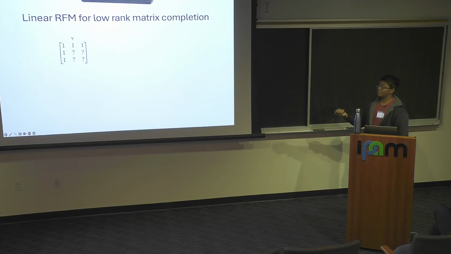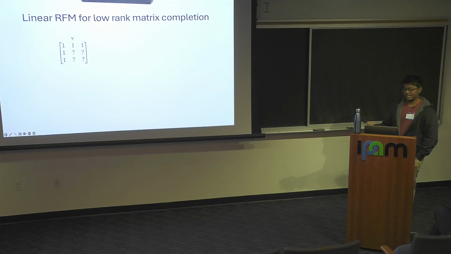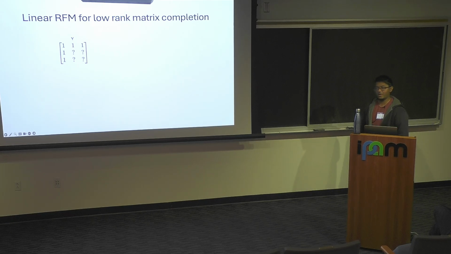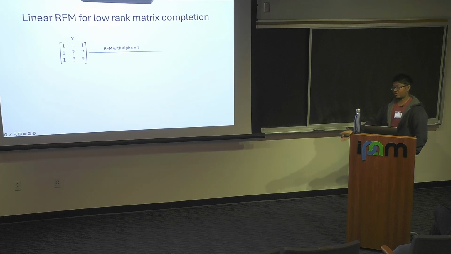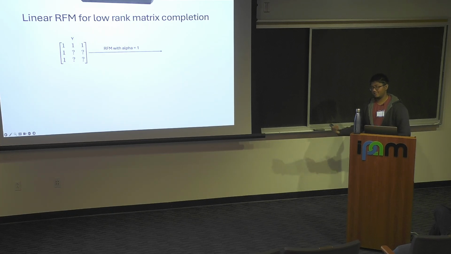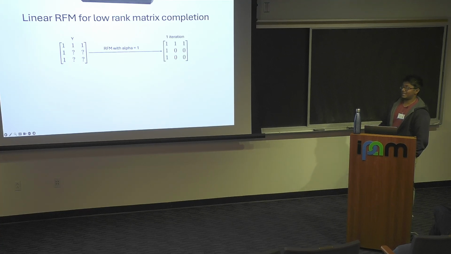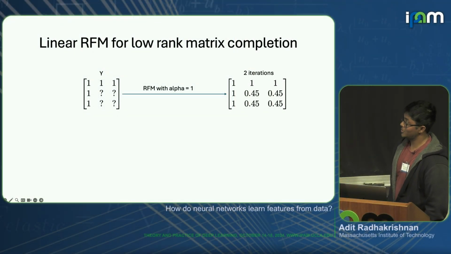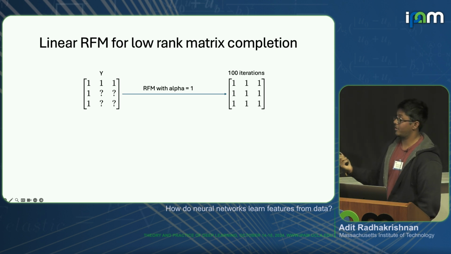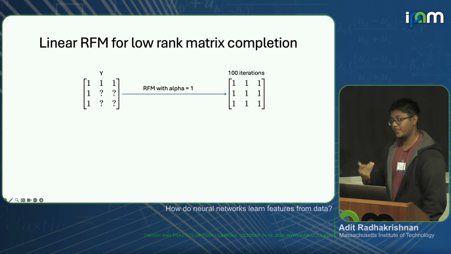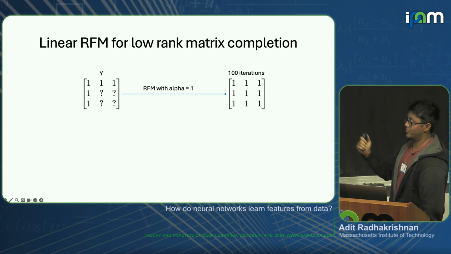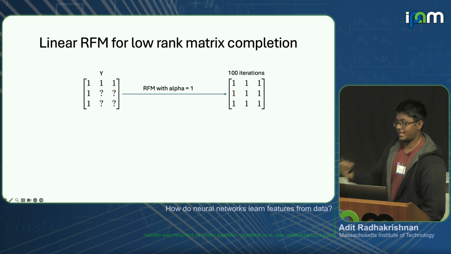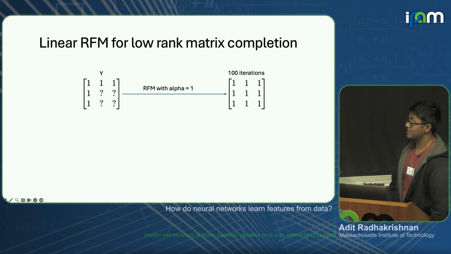Okay. So how does this work on the example that we saw here? Instead of setting alpha to be 1/2 or something like this, let's just start with alpha of 1. So I started with B at the identity. I'm solving for A, solving least squares. This is the same thing as training just a 1-layer linear network. It just puts zeros everywhere. So it's completely useless at 1 iteration. If I do 2 iterations, you'll see that it immediately goes to around 0.45, 0.45. If I keep going for 100 iterations, you just numerically get 1. And this is an example that I just ran a few nights ago. So you'll see that it just exactly recovers the rank 1 reconstruction in this case.